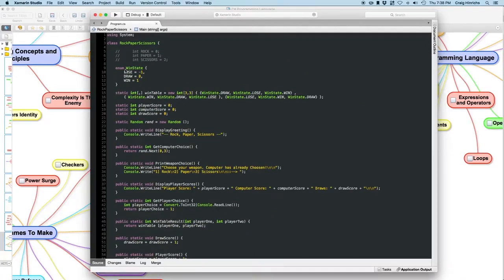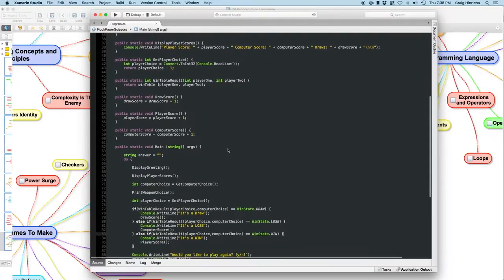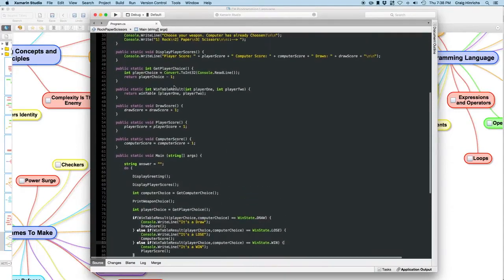Now, what this helps with is readability. We don't have to deal with numbers. I mean, that's kind of why we created these in the first place, right? We created variables to represent the numbers, which is great. So now let's look for other places where we can use this. For example, in our win table result, we can now replace this with a